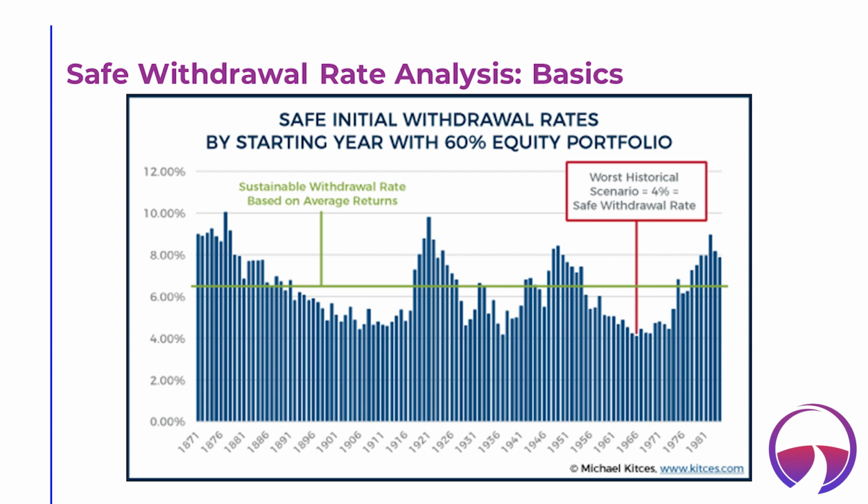So essentially, what is the highest withdrawal rate amount as a percentage of retirement date assets that with inflation adjustments would have been sustainable for the full 30 years in retirement? So he looked at rolling 30-year periods from history from 1926 to 1955, 1927 to 1956, and so on. And what you can see here is that in 1966, that was the worst historical scenario, resulting in that 4%